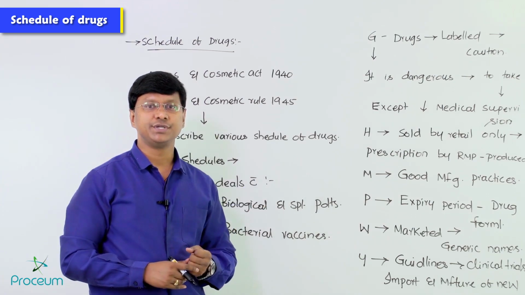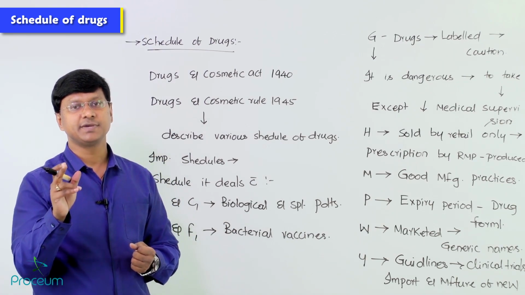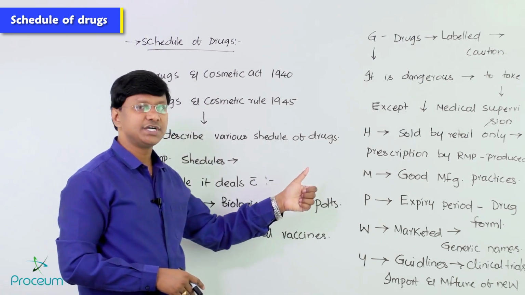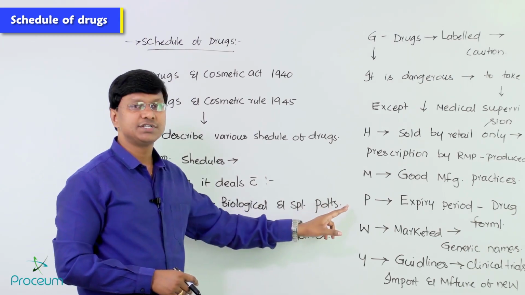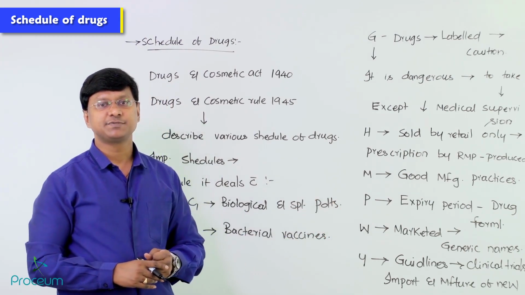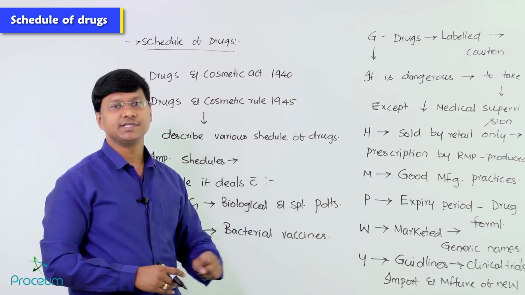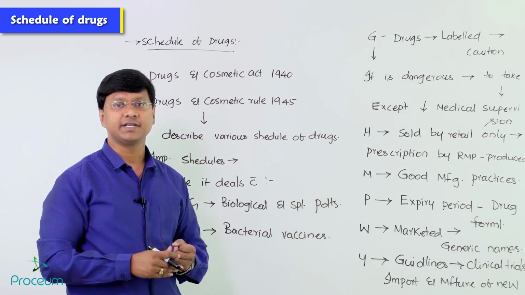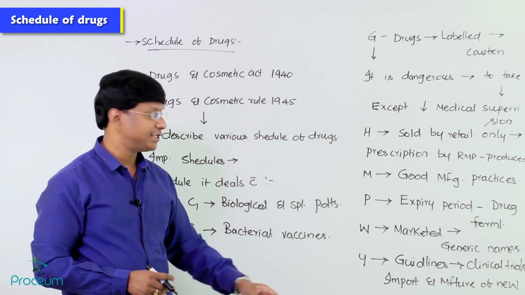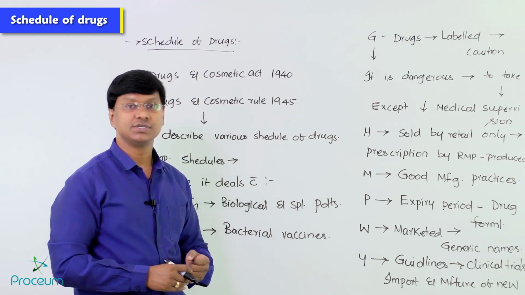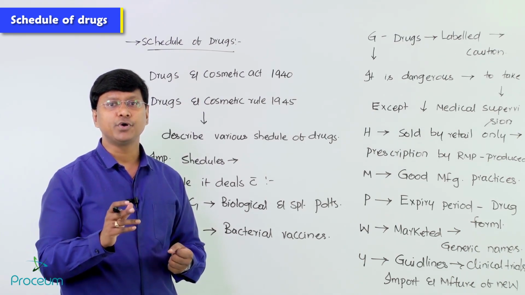Schedule H is for drugs that must be sold by retail only when a prescription by an RMP is produced. Schedule M stands for good manufacturing practices. Schedule P stands for expiry period of drug formulations. Schedule W is for drugs that shall be marketed under generic names only. And Schedule Y covers requirements and guidelines on clinical trials, import and manufacture of the